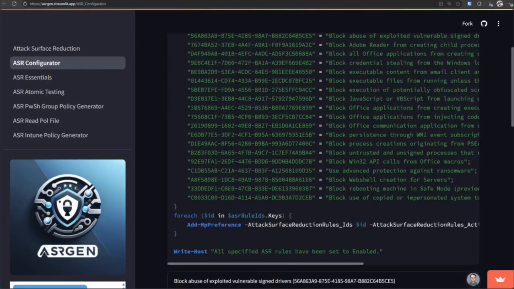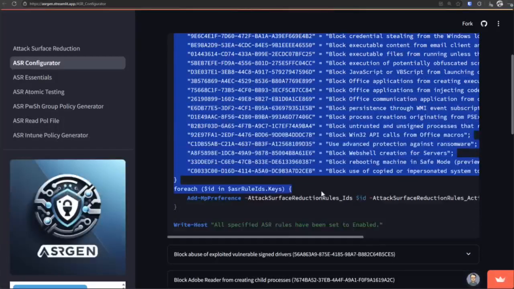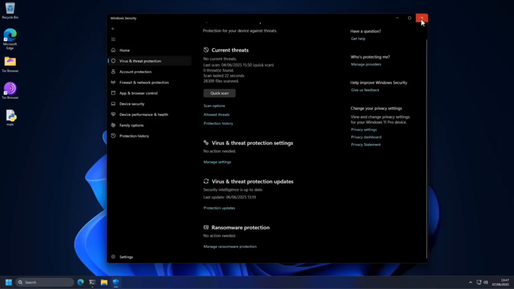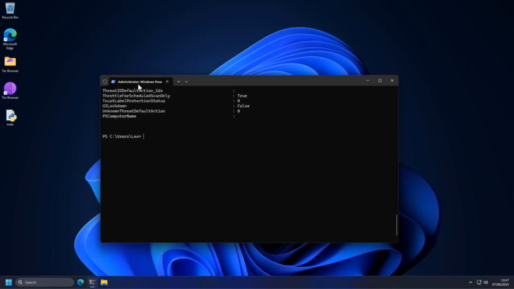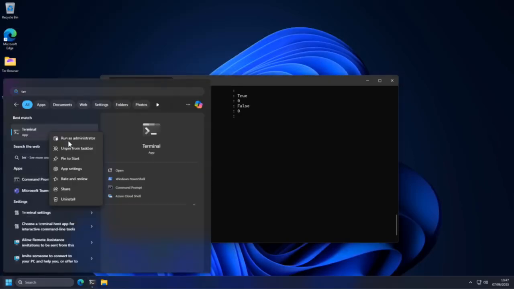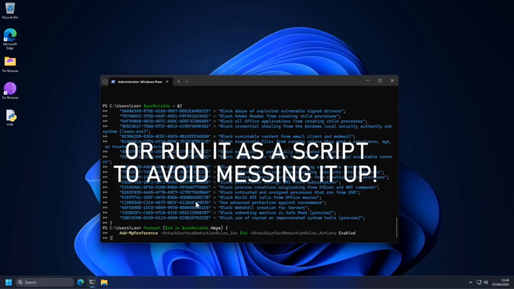It gives us a very nice command. As you can tell, these rule IDs, this is what you need. Microsoft does like to make it difficult. Thanks to this tool, all you have to do is copy this whole script from here to here and paste it inside of PowerShell. As long as you have admin privileges, we can go into our system, open up terminal, make sure you have administrator. If you're starting this by yourself, go to terminal, right click, run as administrator. And once you've done that, you can pretty much paste the whole command as one thing and hit enter and